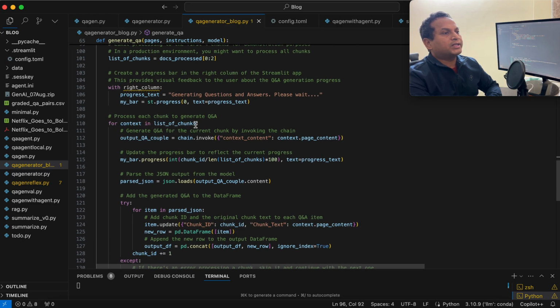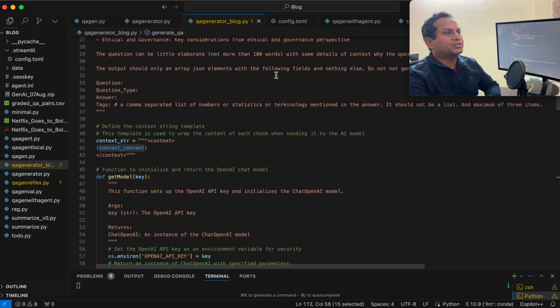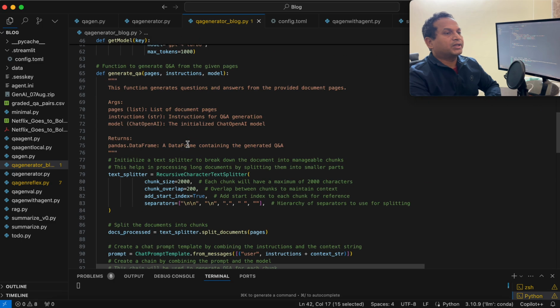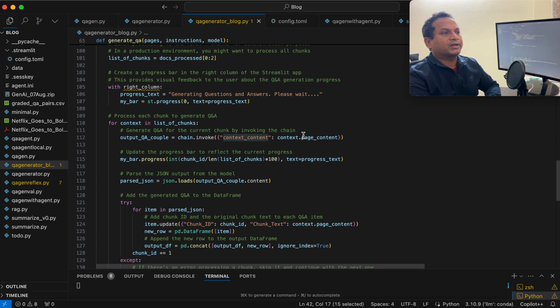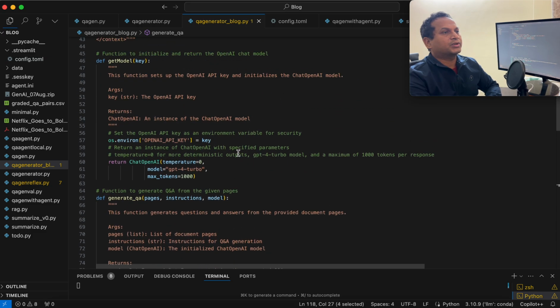So I go through the list of chunks here, and for each chunk I invoke the LLM, replacing the context variable with the actual page content of that particular chunk. It returns the list of questions and answers, which are, by the way, JSON formatted,